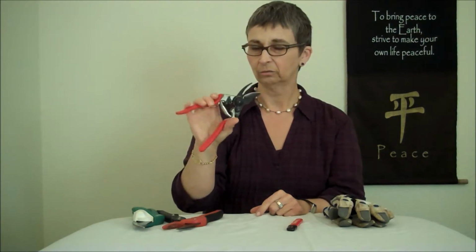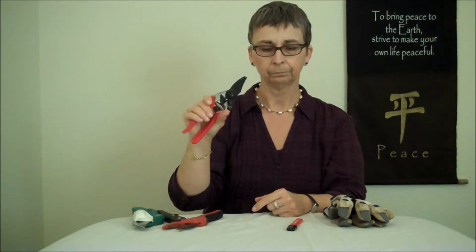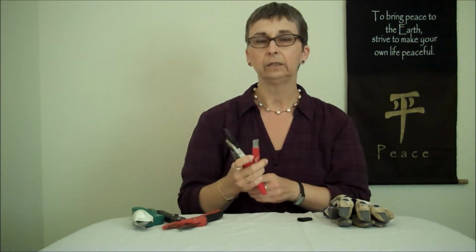Other things that are important with a pruner, make sure that it is well lubricated. I use a silicone spray on mine, but you want to make sure the spring is well lubricated as well as any moving mechanism. Then, what is also very important is that you need to keep the tool